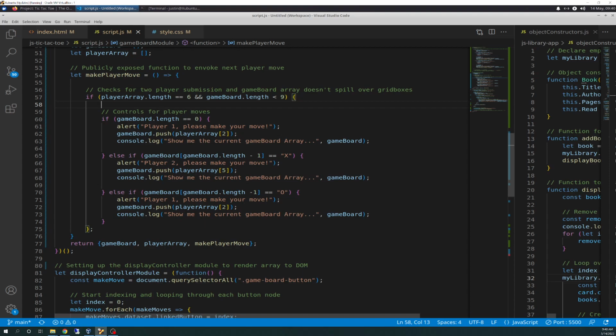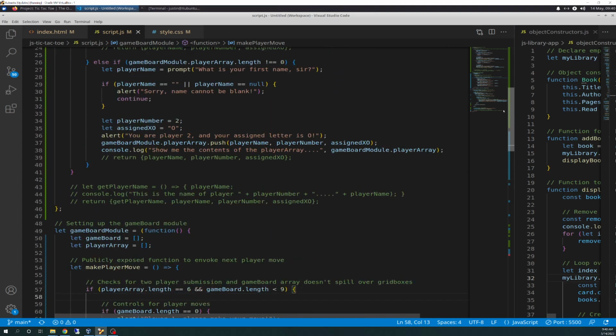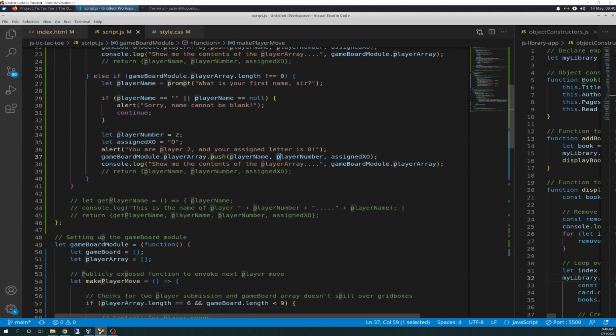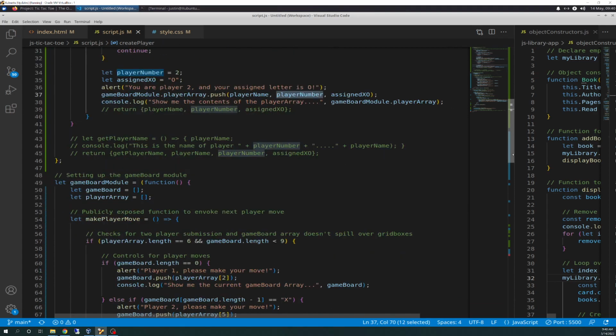So here's the controllers for the player moves. This is not too hard to understand. So we have game board length, so it's just kind of the same algorithm as earlier. So if the length is 0, that means that there's nothing in there. So we're going to alert "Player 1, please make your move." Player 1 makes their move, and then we're going to push the game board player array position 2, and position 2, if you remember, is player number. So at least on the first one. So we want